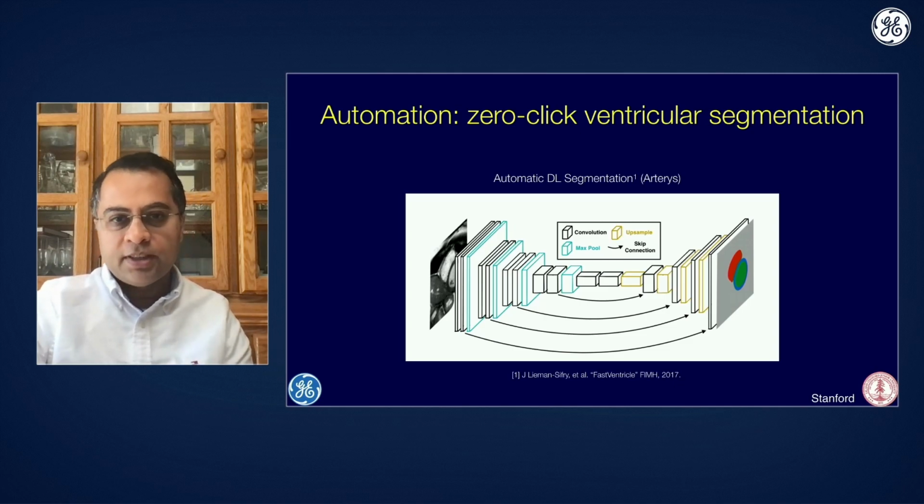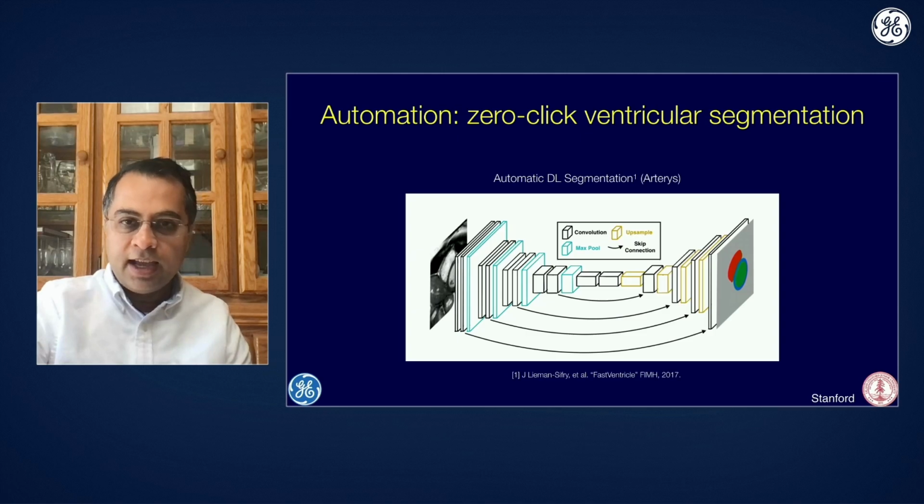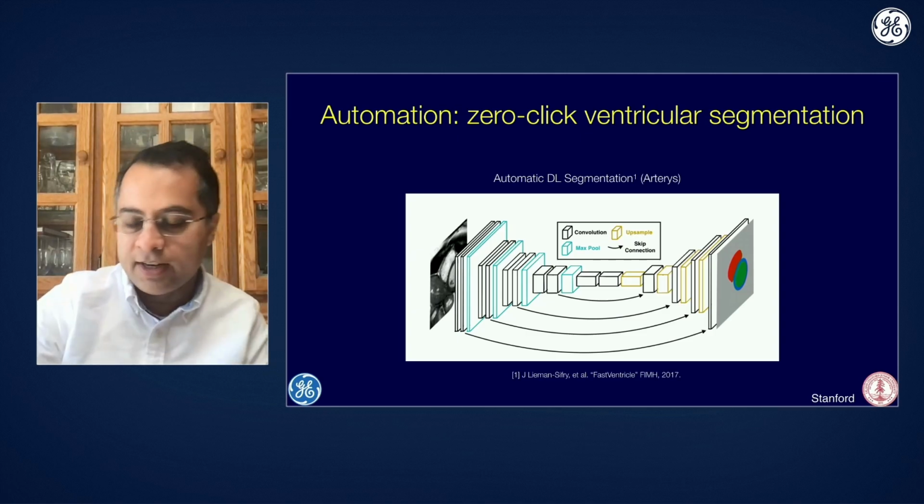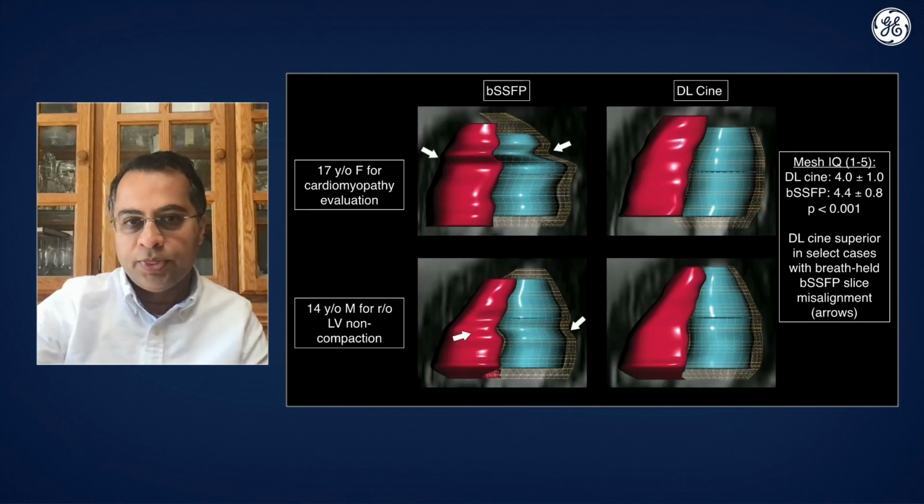Just one other aspect that I'd like to talk about is, again, the automation. And that is an approach to automated segmentation in these 2D acquisitions for the ventricles. Here you can see a nice deep learning approach. With this, whether there are breath holding artifacts or not, you still get a very nice automated segmentation of the ventricles, both left and right, that makes the workflow much easier on the interpreting